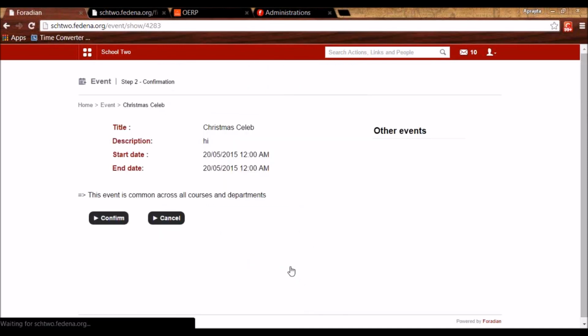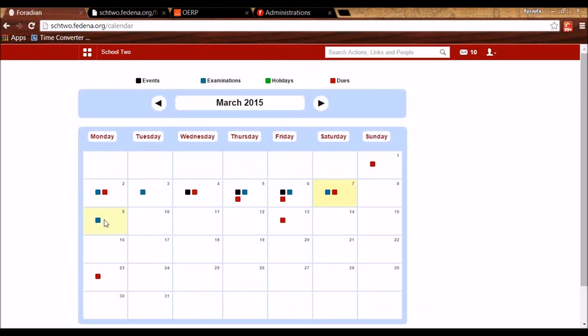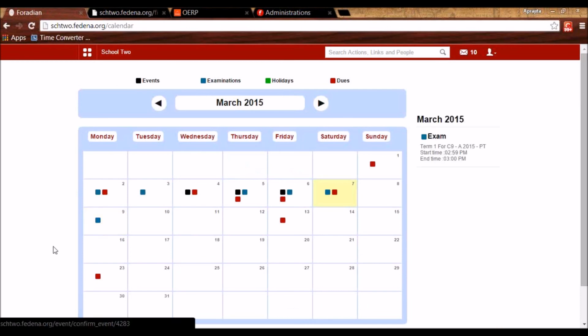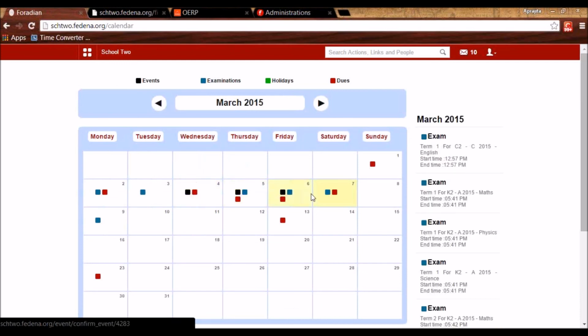So this event can also be created in a general way. Like now I've created it as a holiday. So if I create it as a holiday, attendance will be disabled for that day. If I create it as a normal event, which means I do not check is holiday, then it will appear with a black label like this. So on the right you can see it appears with a black label. So this is about the calendar.